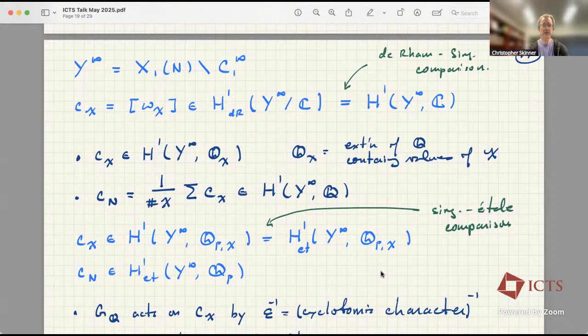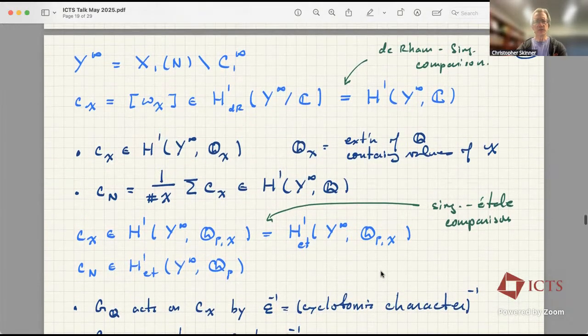And in fact, if we look at the class C of n, where we're averaging over all the even characters modulo n of these C chi's, we in fact do get a singular cohomology class with coefficients in Q. So it's a rational class. How do you prove this? This is the Manin-Drinfeld principle in action. The general theory of Eisenstein series tells us that